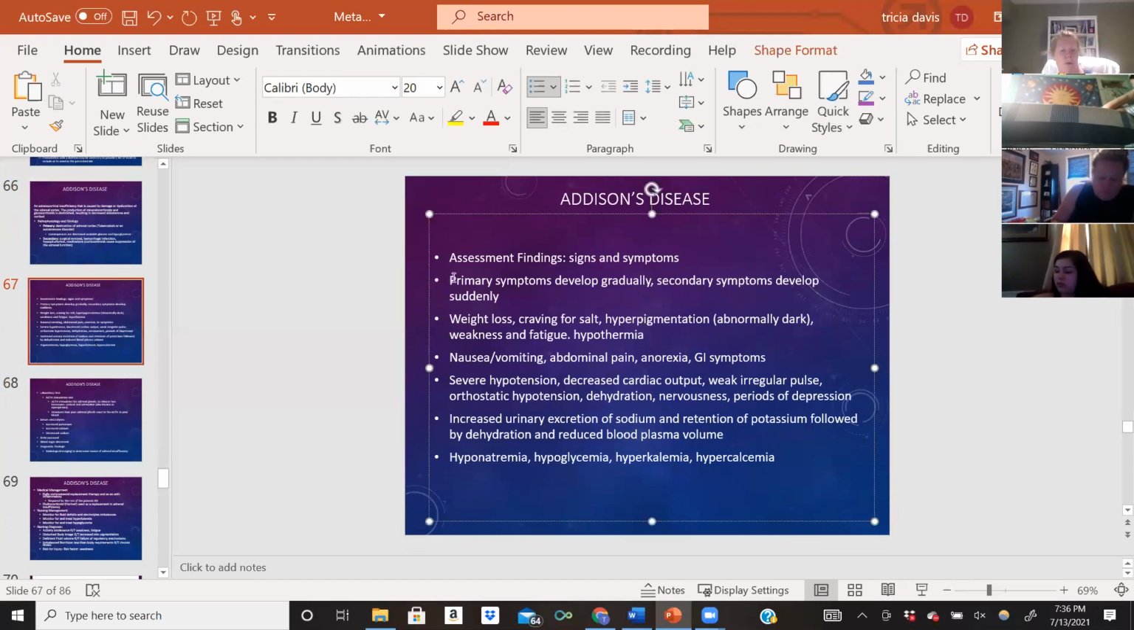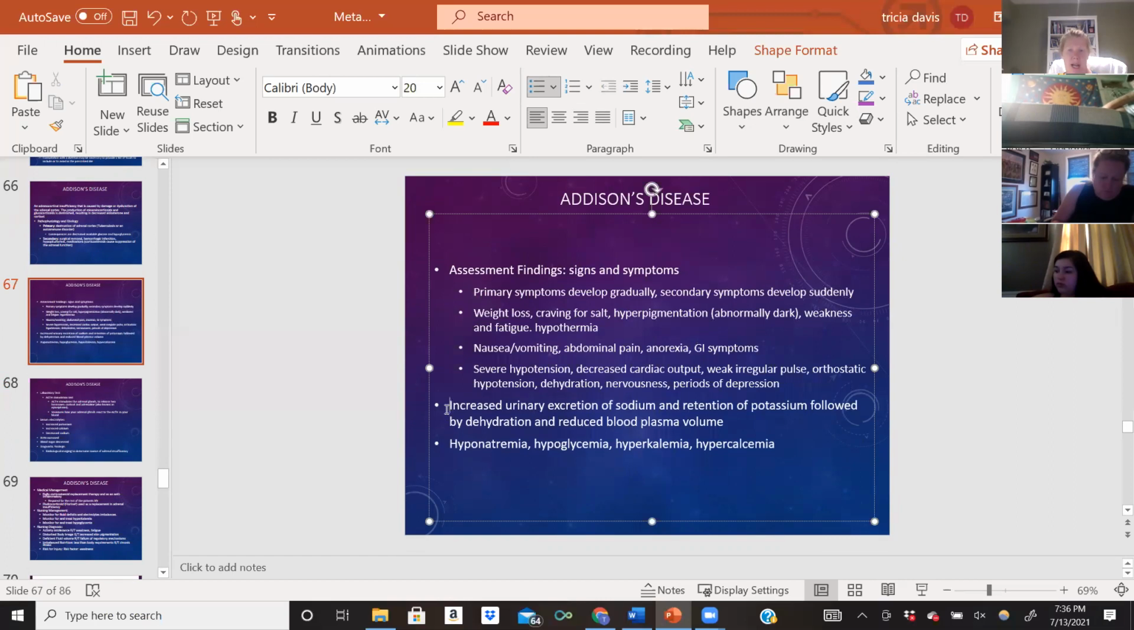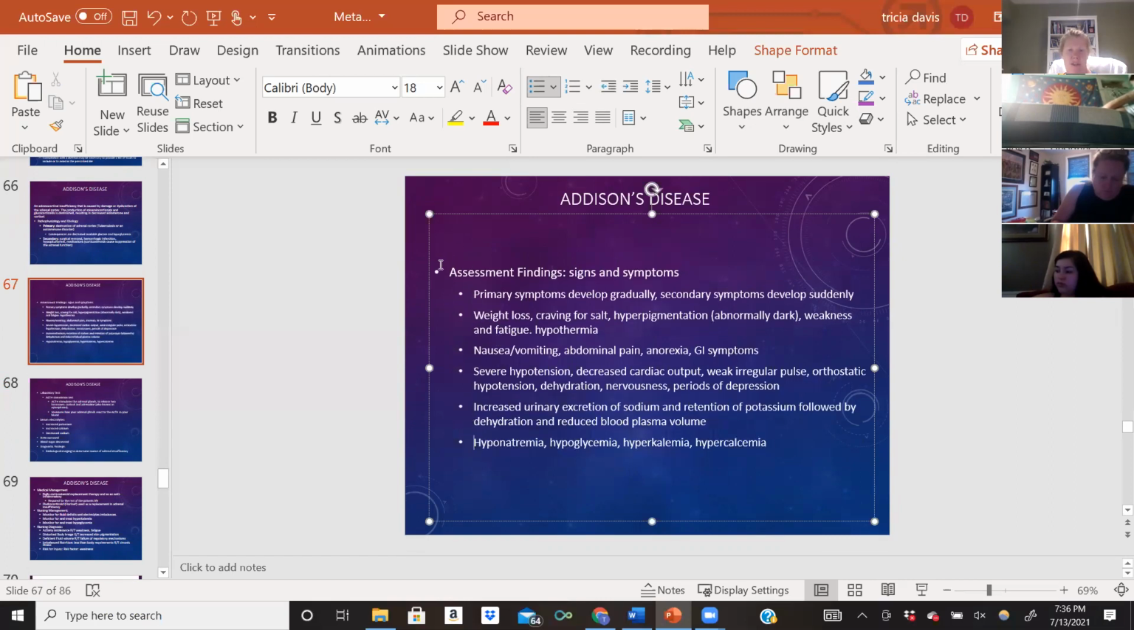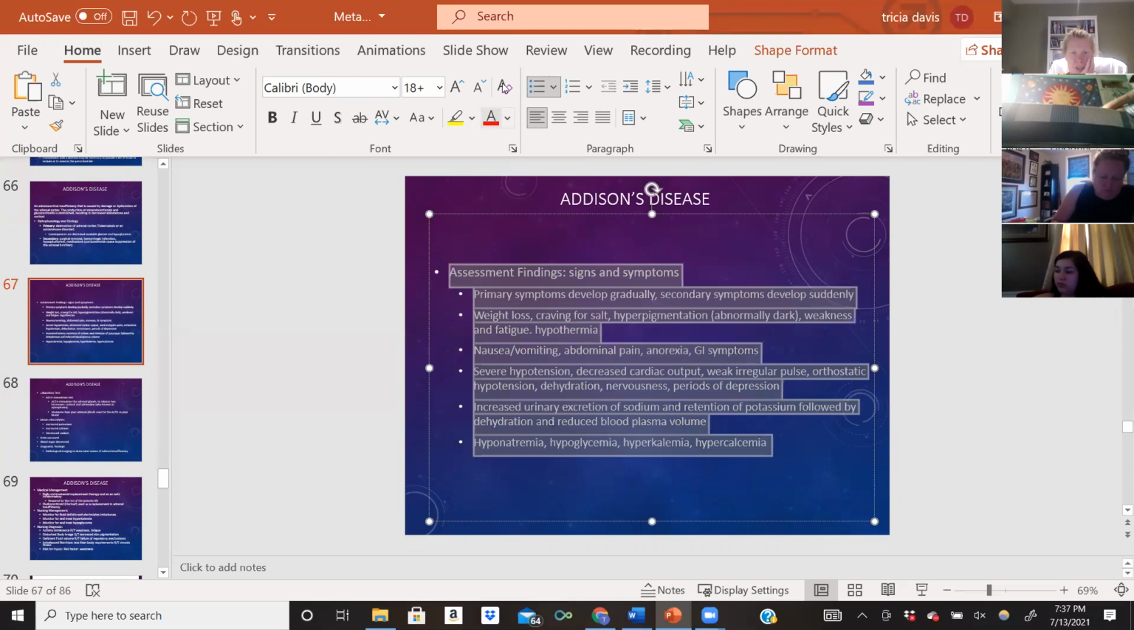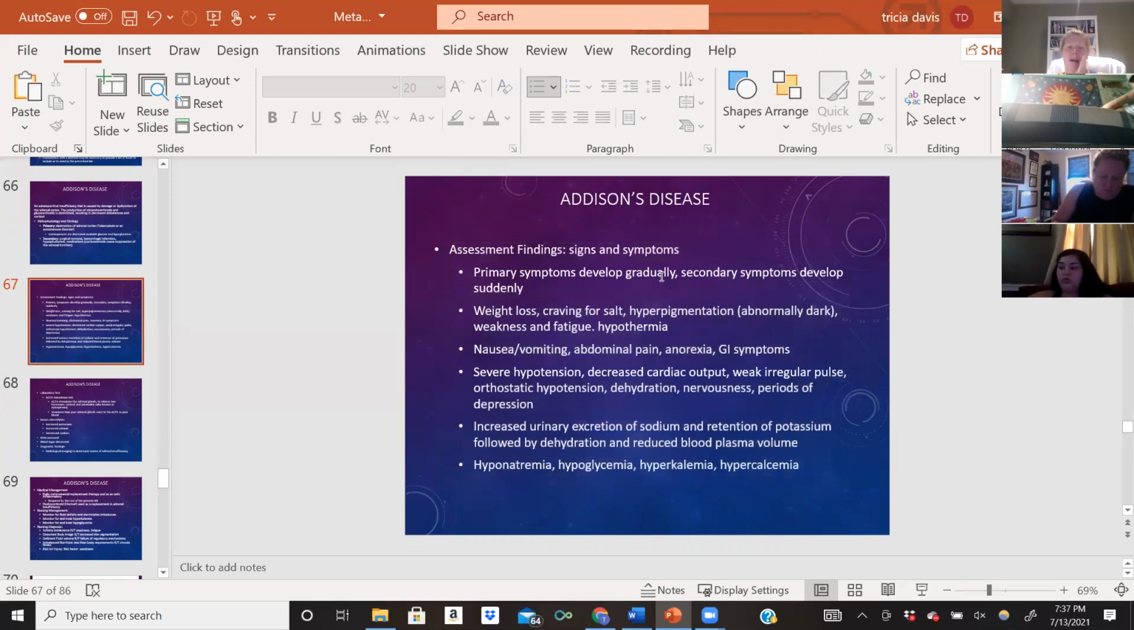All right, so what will we see? We're going to see our primary symptoms occur gradually. Secondary symptoms usually tend to develop a lot faster. I would say these are really pretty much all the same symptoms for primary and secondary. It's just that if it's a secondary issue, they're going to happen quicker. So weight loss, and again, not every patient presents with all of these, it just depends. They might report that they're having a craving for salt,